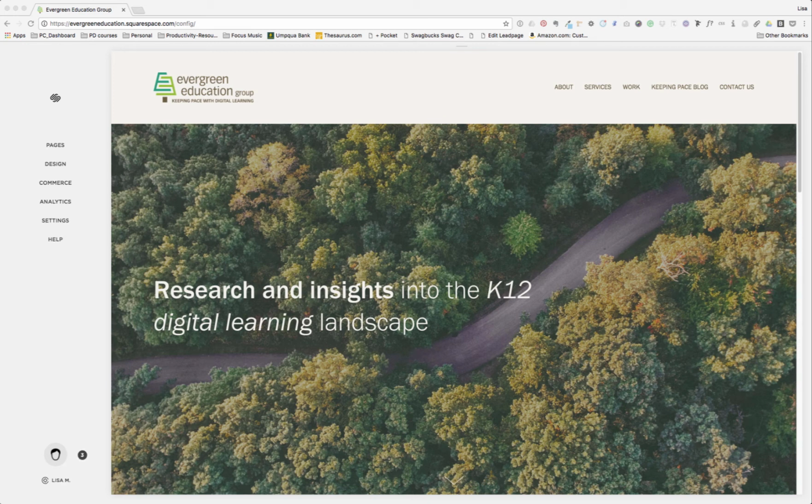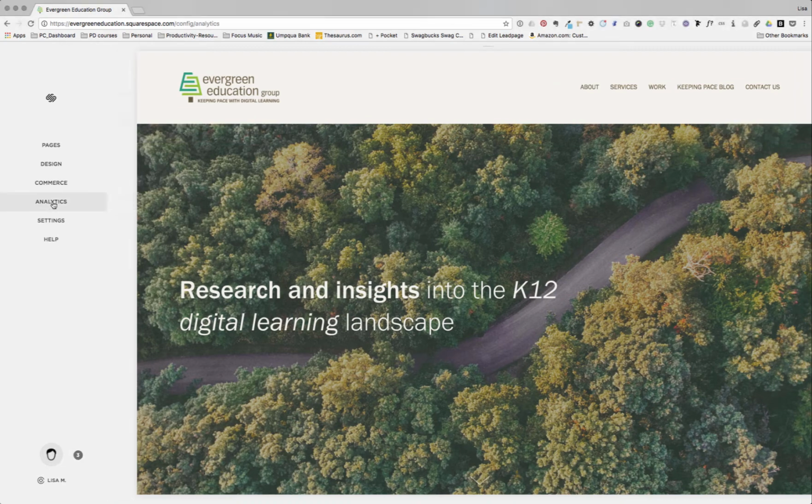Let's talk about looking at the traffic on your website and some analytics. Squarespace does a pretty good job of distilling a lot of traffic data into more digestible bite-sized chunks. To access this, when you log into your website, go to the analytics section,